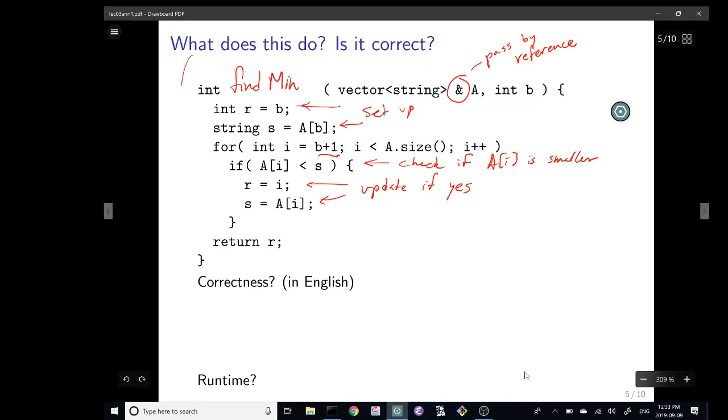So what does it do? Finds the smallest string in A b through n-1. Here n is the size.